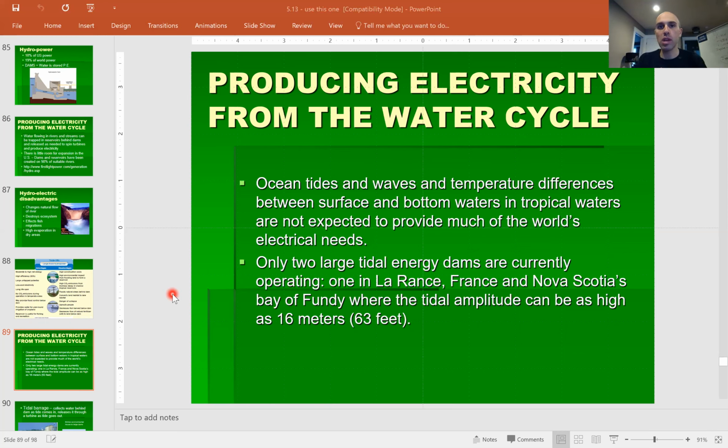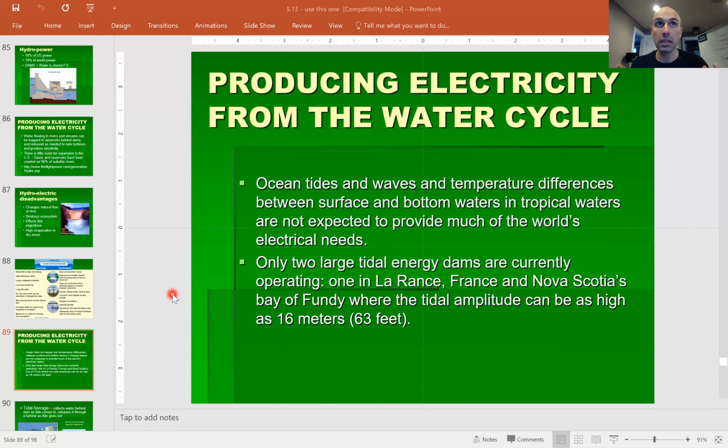If you were to put a tidal generator along a beach, maybe even the Bay of Fundy, where the tide swings are roughly 40 feet, imagine that amount of water coming in, spinning a turbine, and then receding, spinning that turbine. You could generate a good amount of energy that way. But only 2/3 of large tidal energy dams are currently operating, one in Lorance, France, and Nova Scotia's Bay of Fundy, where the tide is as much as 63 feet. Okay, so even though we can generate electricity, it is not a very